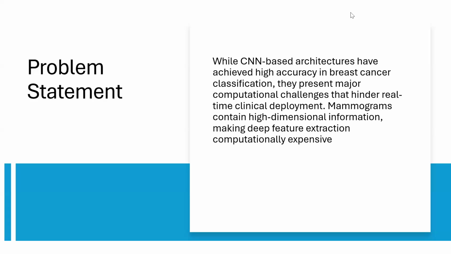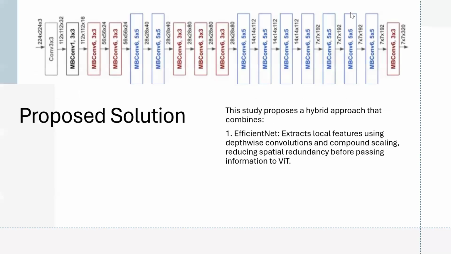So what is our proposed solution? This study proposes a hybrid approach that combines EfficientNet. So EfficientNet extracts local features using depth-wise convolutions and compound scaling, reducing spatial redundancy before passing information to the vision transformer. So up here you can see a structure of an EfficientNet. We got it from Google Images. You can see that it has